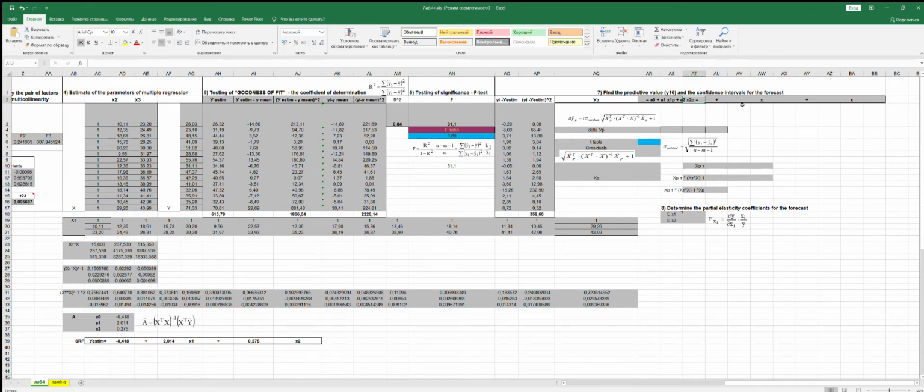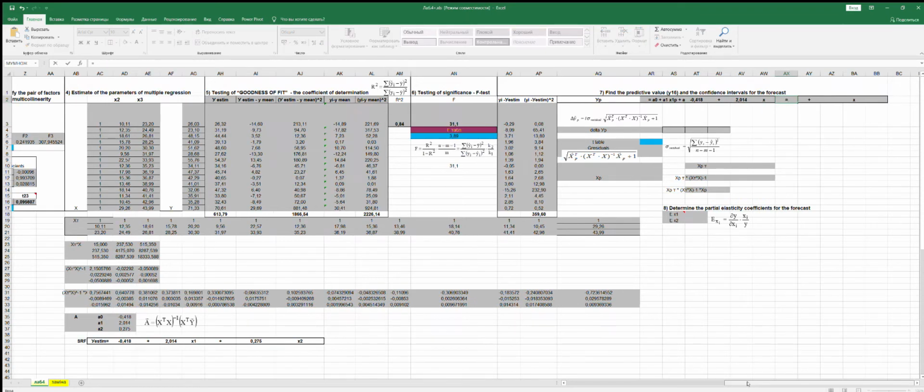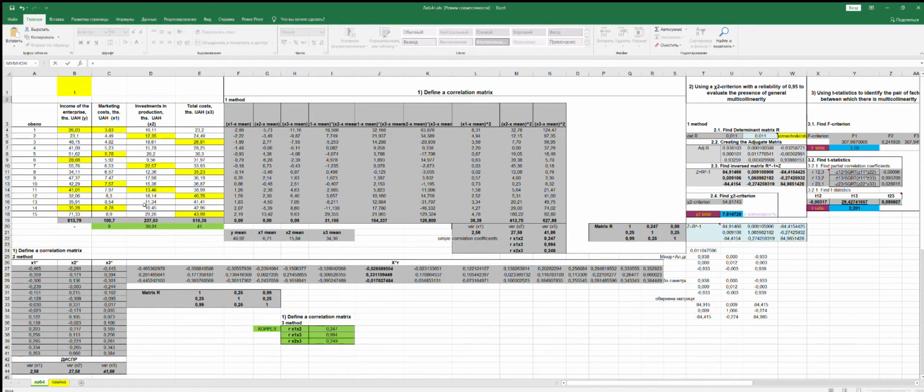First we put our a0, then our a1. This parameter should be multiplied by the predicted x1. So we go to our outputs and we can find that the predicted value of x2 is equal